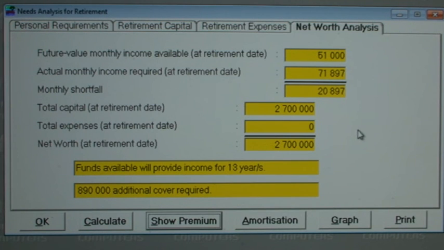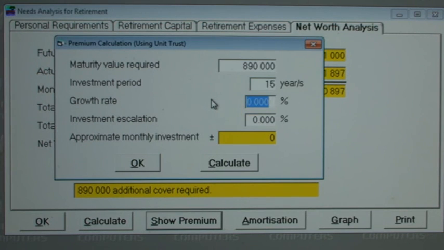The net worth analysis page is the same as the other needs analyses. We have amortizations, we have graph, we can print reports, etc. You can see here in this case that SoftFin has found that the client needs another 890,000 Rand additional cover when he retires. So if we click on the Show Premium button, then this window opens. It's picked up that